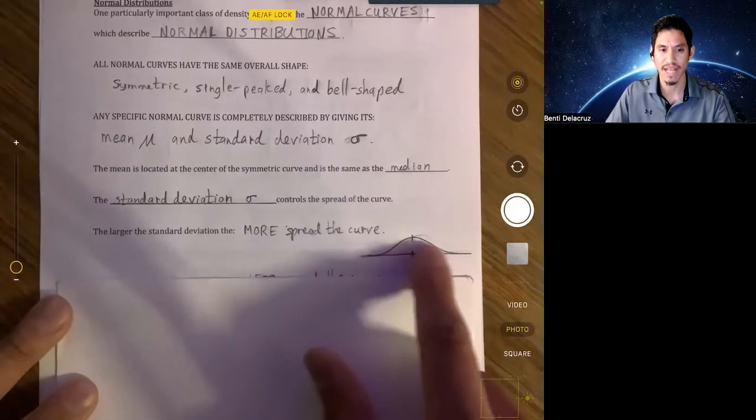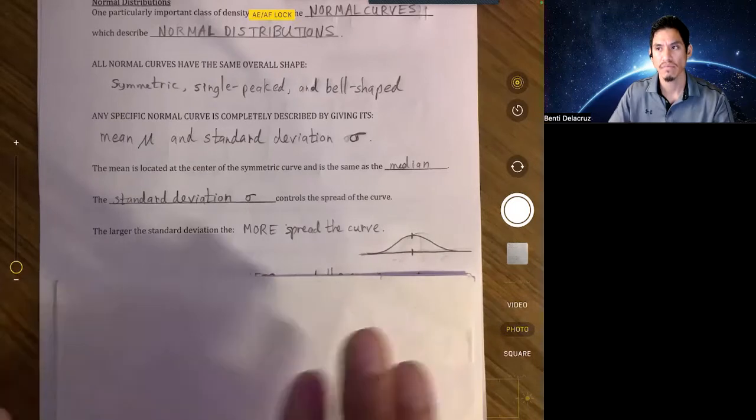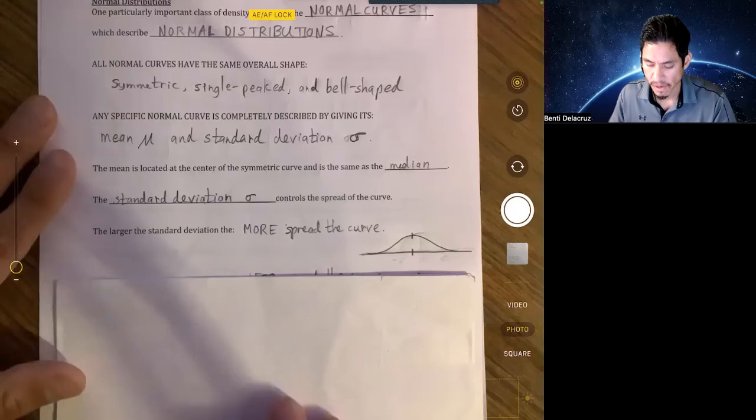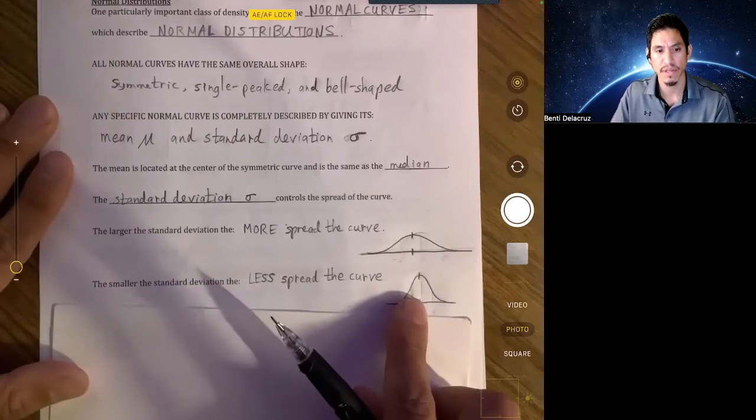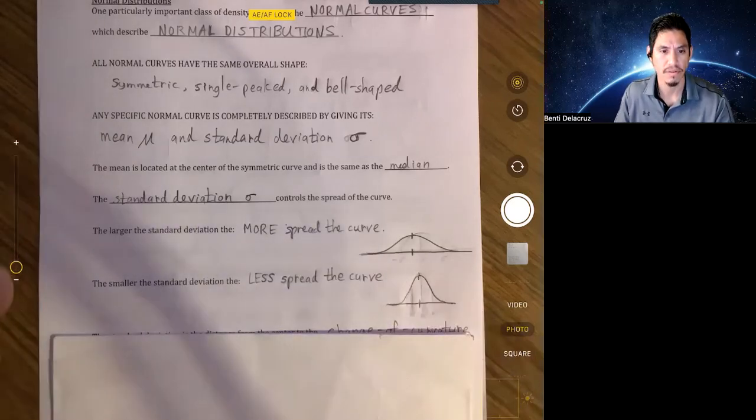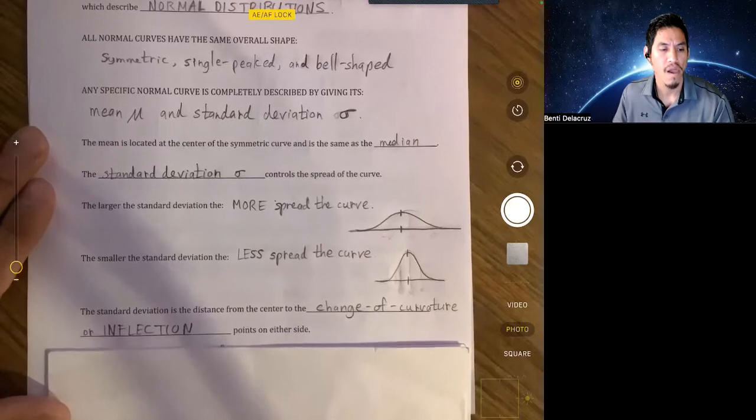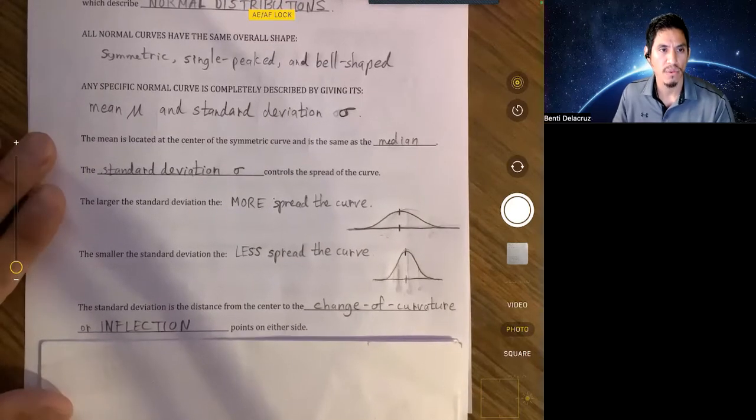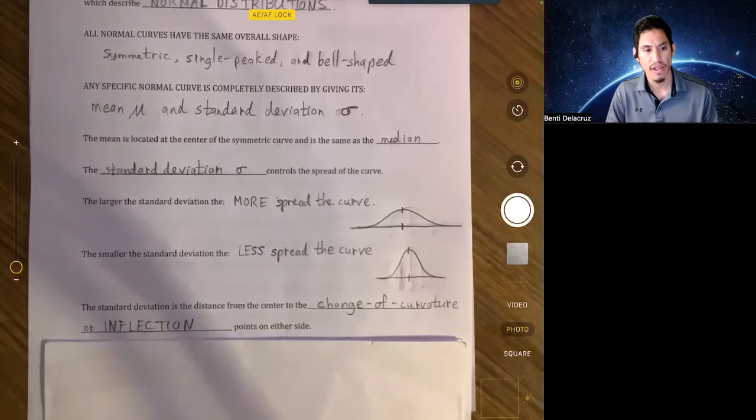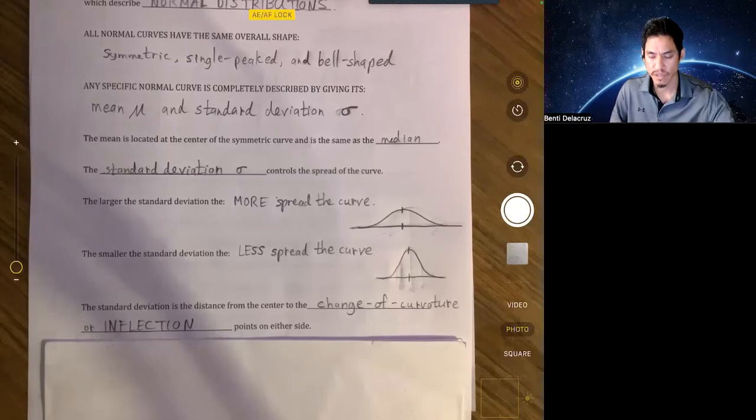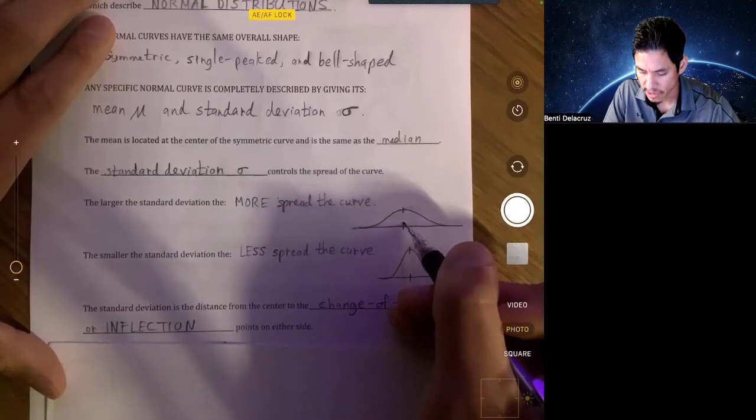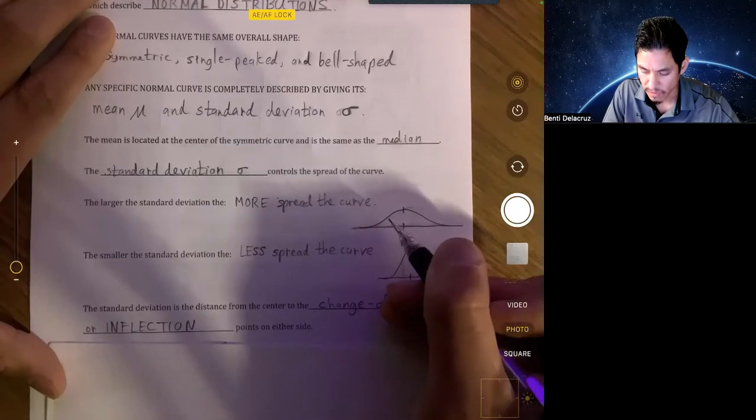So it's going to be more flat, kind of like a pancake shape, you could say. The smaller it is, the more steep it's going to be. So it's going to have more area closer to the middle. And mathematically, the way we can determine this is by calculating what are known as inflection points. The standard deviation is essentially the distance from the center to what's called an inflection point, or a change